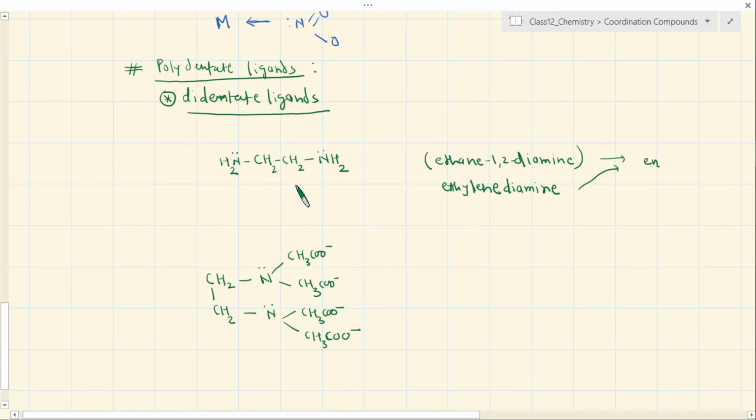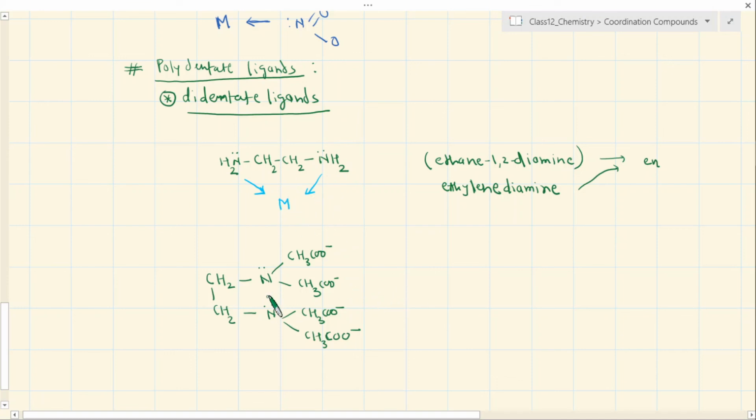We will see that later, I am not showing it now. In this case the ligand will form the bond with the metal like this, so that's why it is didentate. Okay, so the single metal may have bonding with other ligands also, but a single en forms 2 coordination bonds.